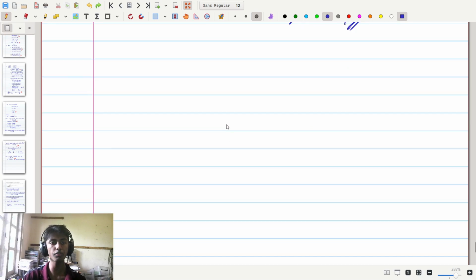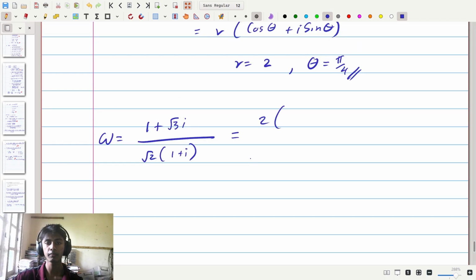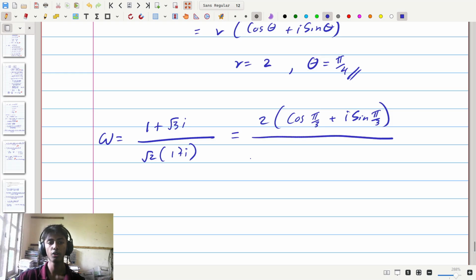So using all of that, if we write down omega, we can see omega is equal to 1 plus root 3i divided by root 2 times 1 plus i, which if we substitute is equal to 2 times cosine of pi by 3 plus i sine pi by 3 divided by